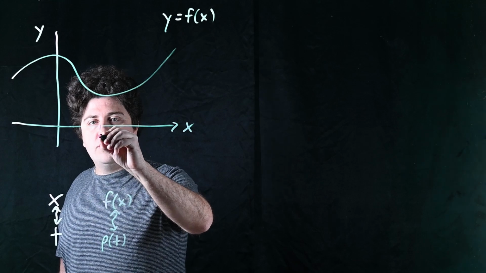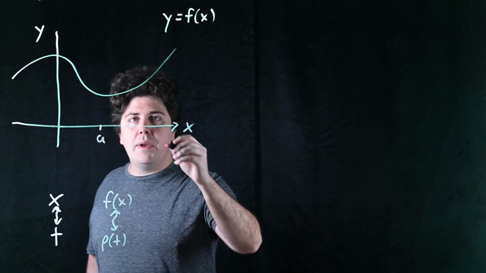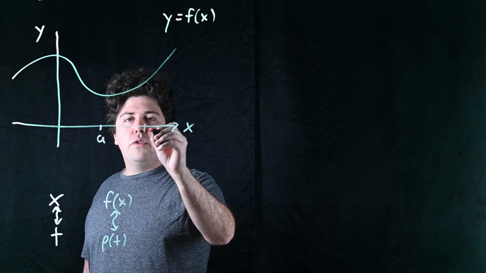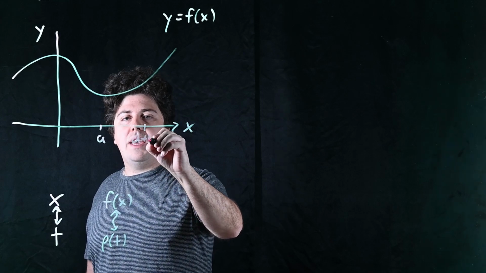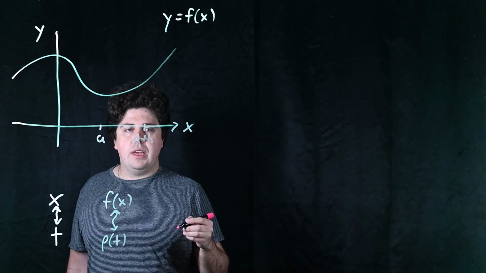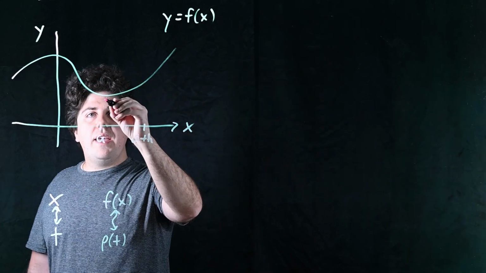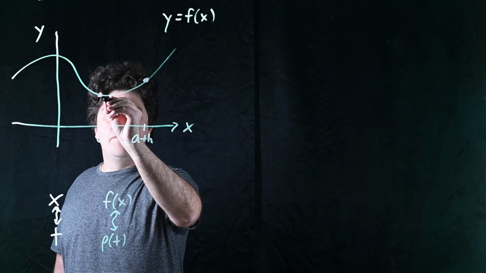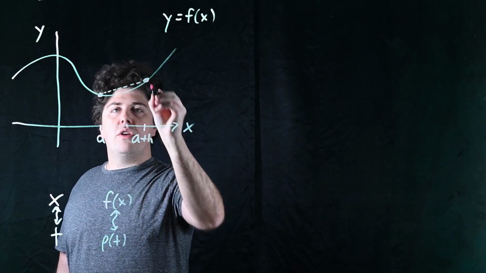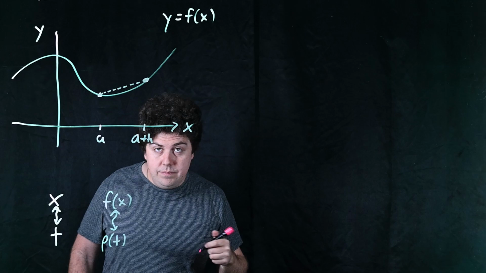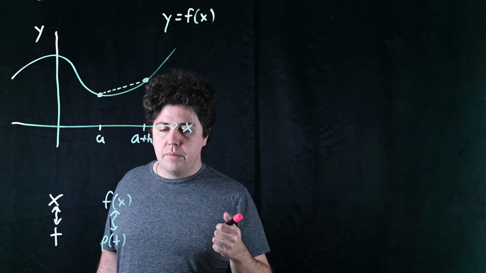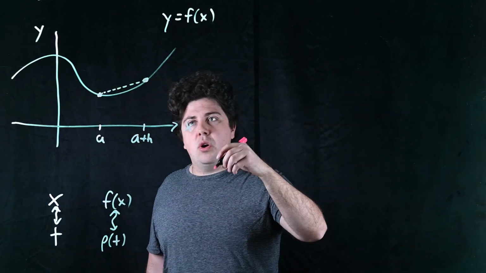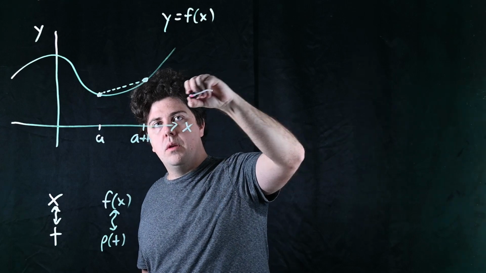Suppose we have some point A, and let's say we have some point a little further down the line. Let's call it A plus h. So just a point h later in time. So if we drew this little line segment on this graph here, we could compute the slope of this line segment just via the rise over run formula. So what would that be? So the slope